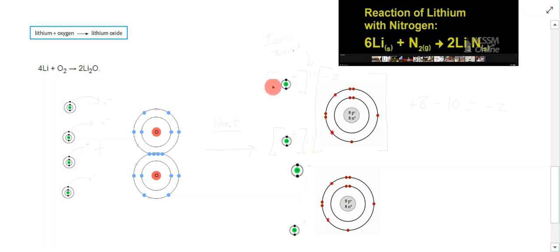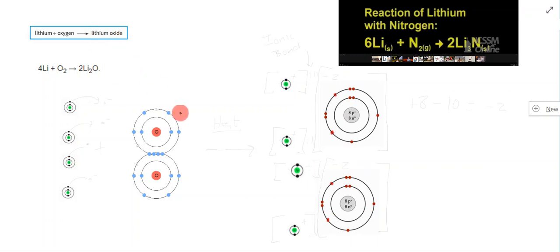And as a result of that, you will get lithium oxide. So this is what's known as lithium oxide. So it's basically 2 lithium atoms bonded onto an oxygen atom. And again, the same thing will happen down here. So you're going to get the 2 lithium ions being formed. You will get the oxygen ion formed as well. And as a result of that, these 2 lithium ions will bond with this one oxygen atom, and then you'll get this compound of what's known as